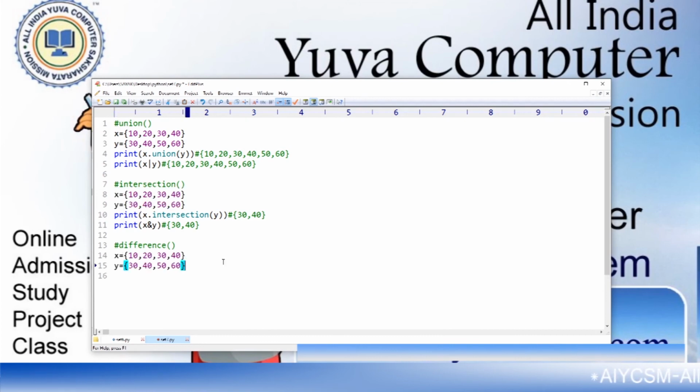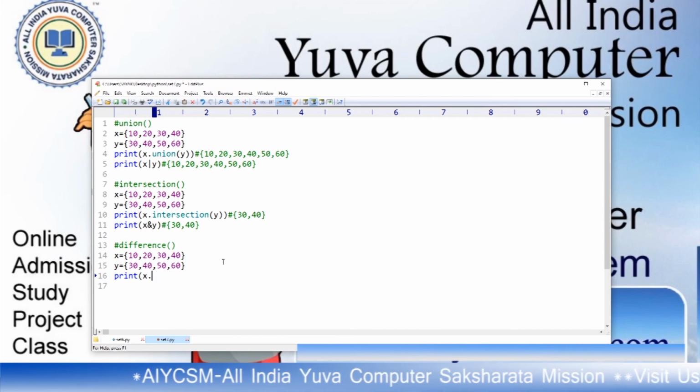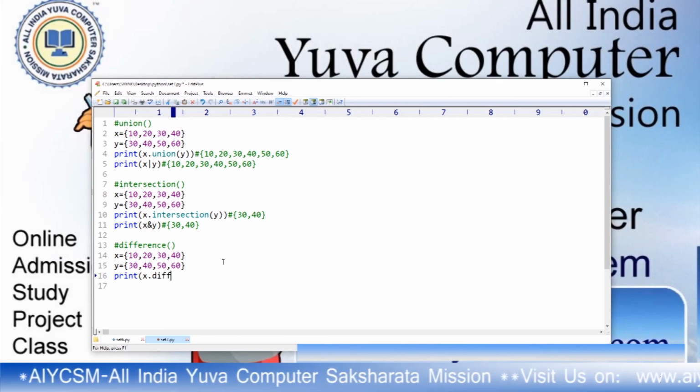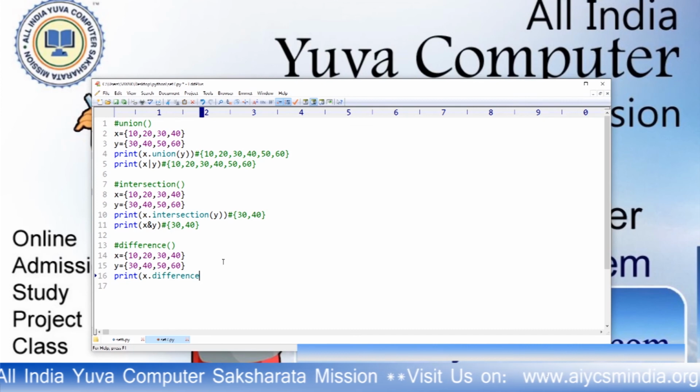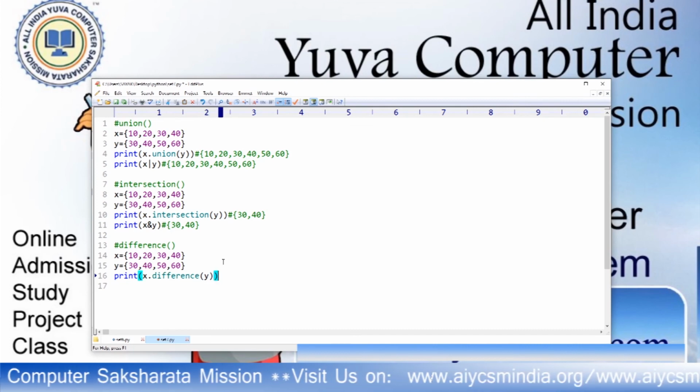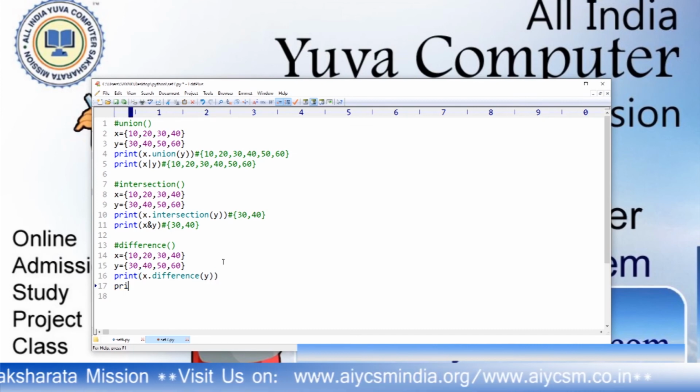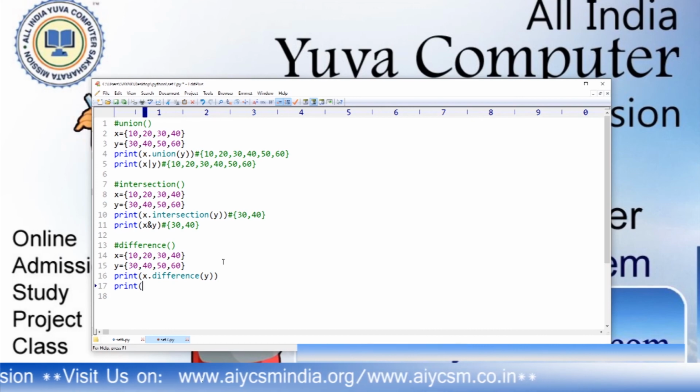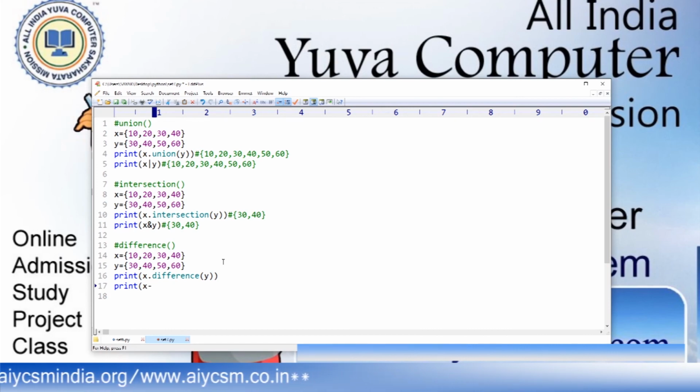Now if I want to print x dot, you can use y instead of x, and then you pass x diff, difference of y, or print x minus y. This is the sign of a difference.